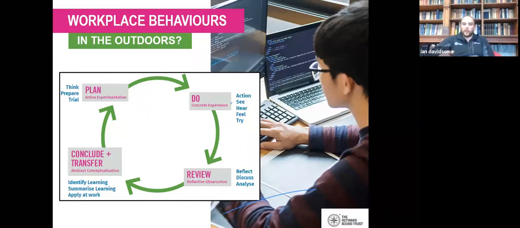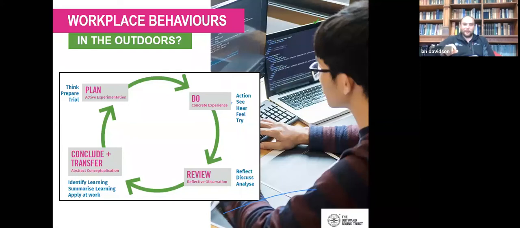And lots of that's about reflective practice, whether that's reflecting beforehand and really thinking about things, and a bit of active experimentation. The concrete experience is still really important because it creates the memories that the learning relates to, and then that reflective time afterwards, in review, to discuss and analyse, ultimately leads towards what Kolb described as abstract conceptualization.